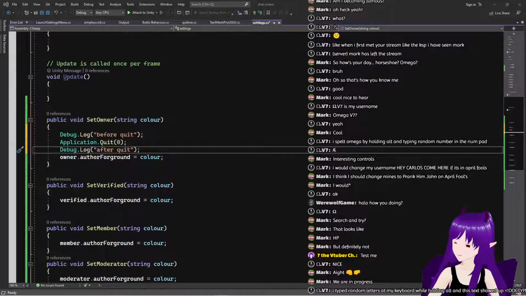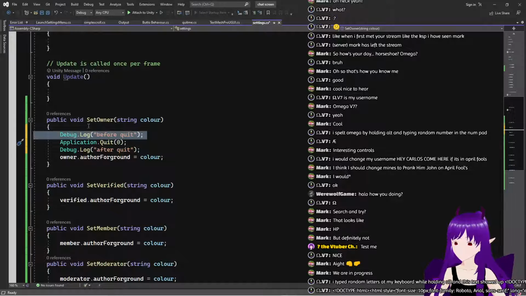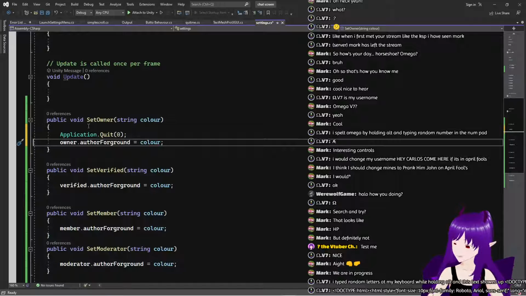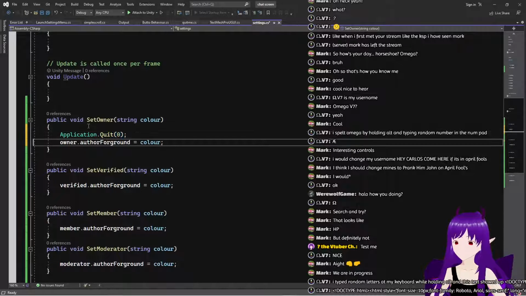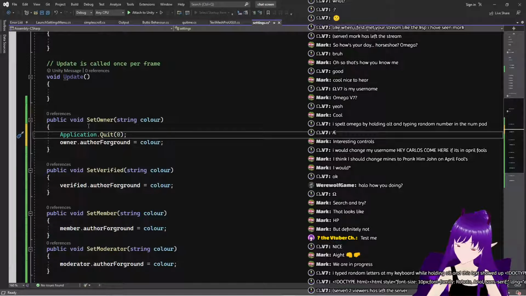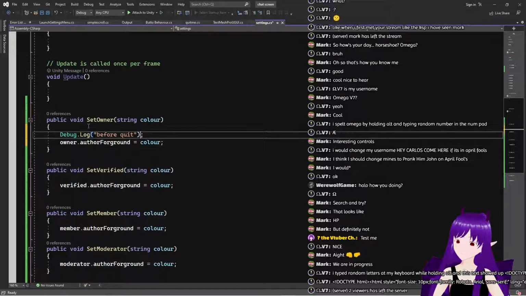I'm curious what that'll do. It just gets completely ignored. And probably will get ignored on the set owner when we display it on the screen as well,